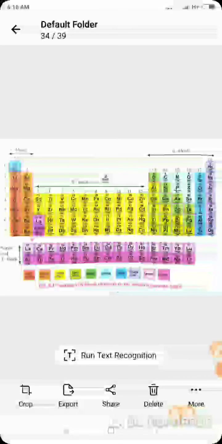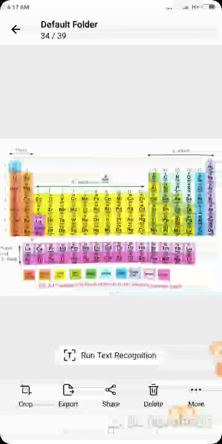We know that the periodic table is divided into 4 blocks, that is S block, P block, D block and F block. The blocks are shown in the periodic table. See the structure of the modern periodic table. Groups 1 and 2 are included in the S block. Then groups 3 to 12 are included in the D block, and groups 13 to 18 are included in the P block. Two series are placed at the bottom of the periodic table. These two are included in the F block. These are called the F block elements.